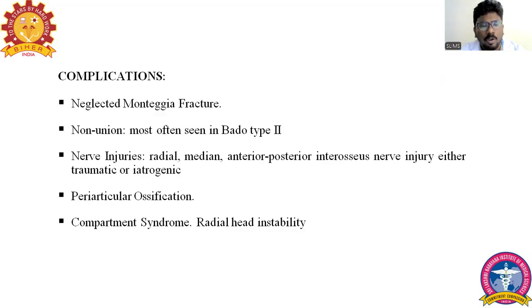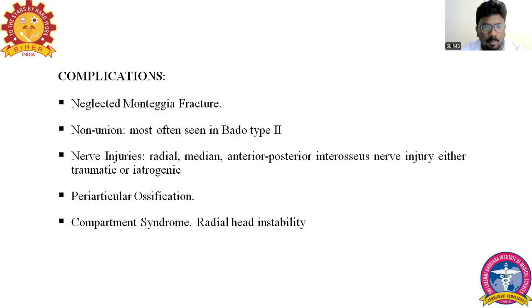Non-union is most commonly seen in type 2 fracture, where there is a posterior dislocation of the radial head, with a proximal third ulnar fracture along with the posterior dislocation of the radial head. As I already told, no injuries are to be missed in any type of fracture. The patient may present with difficulty in moving the affected part of the limb, and hence we should be careful enough to examine the extremities to look for the movements